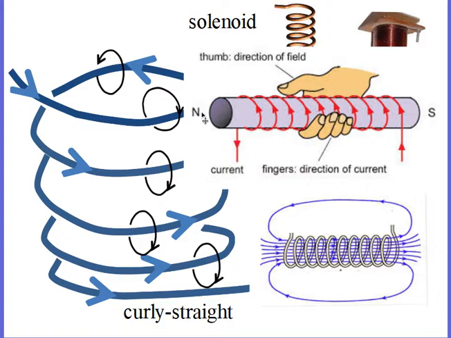It is the end that pushes north away. And this would be called the south end because it is the end that attracts the north. And that's what we do with magnets. The end that pushes north away, we call the north end of the magnet, and the end that attracts north is the south end. Okay, so